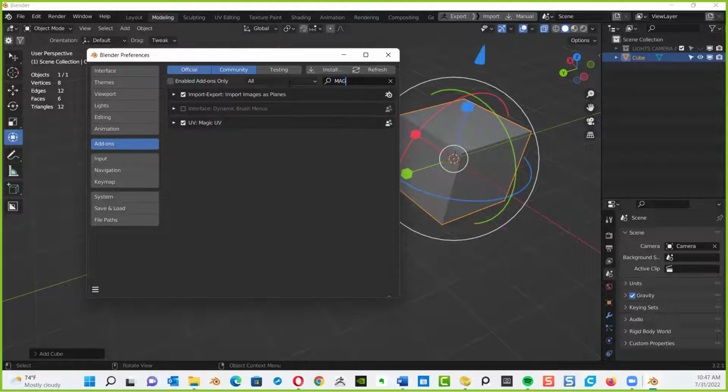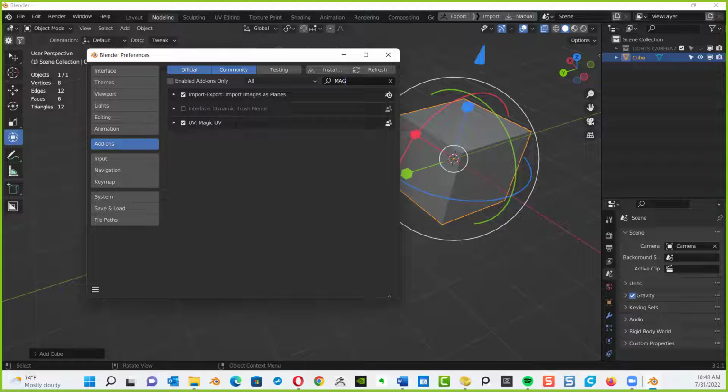So MAG, and look for the Magic UV, and make sure that's selected. Also select import images as planes if that's also up there.